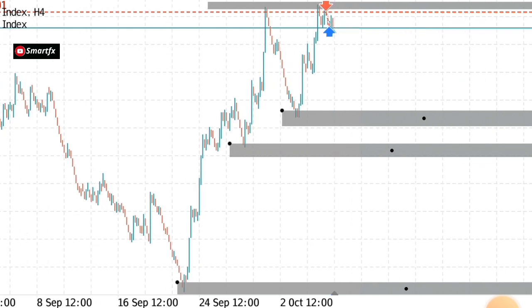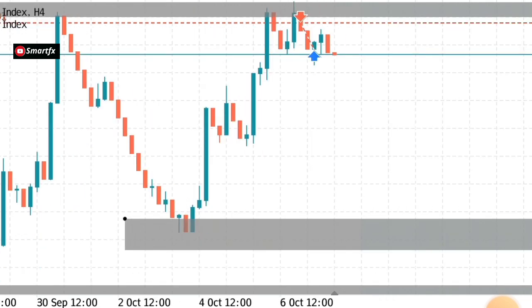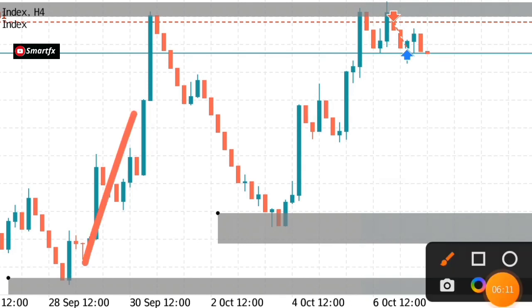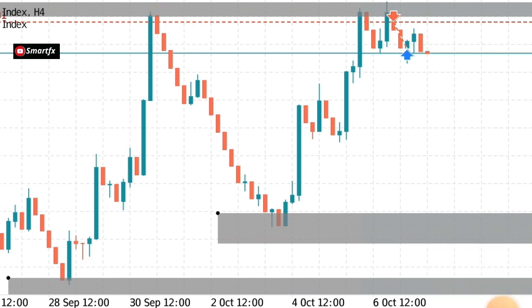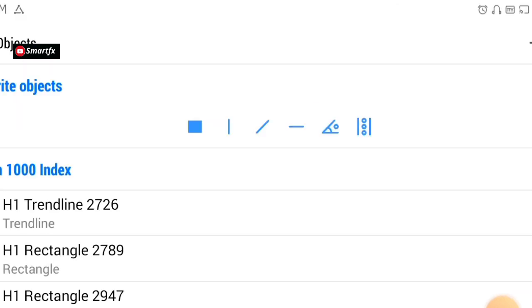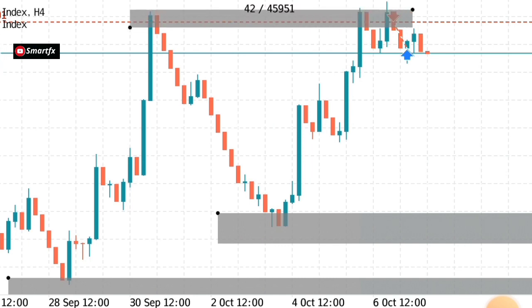So when you see this pattern, it's a very sure confirmation that the market is going to move down, because firstly, you have the first touch. So as I was saying, this one is a signal. As a price action trader, you draw your line here. As you see this first touch, you should draw this your rectangle. This is the rectangle. You draw the rectangle here and be waiting for